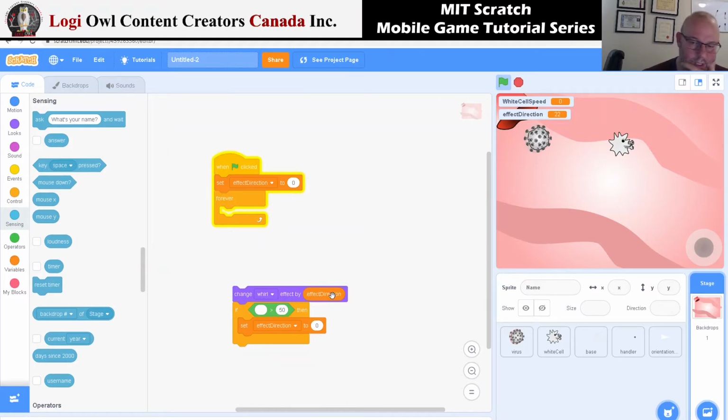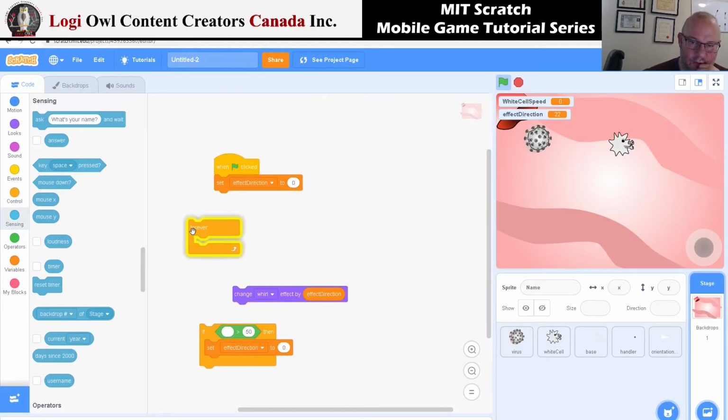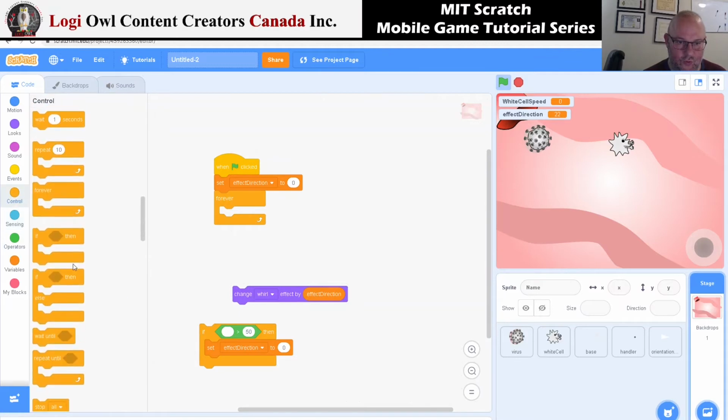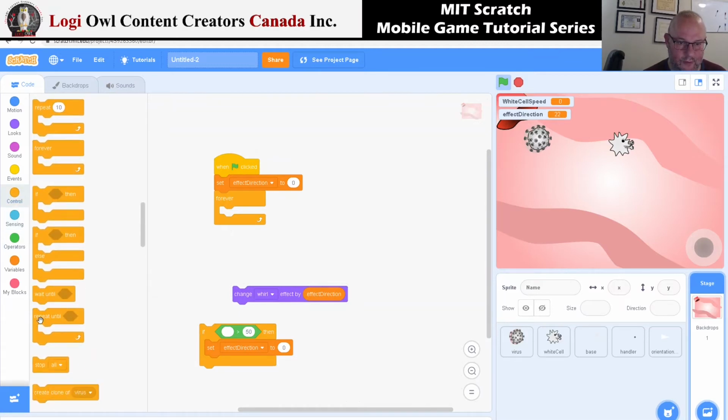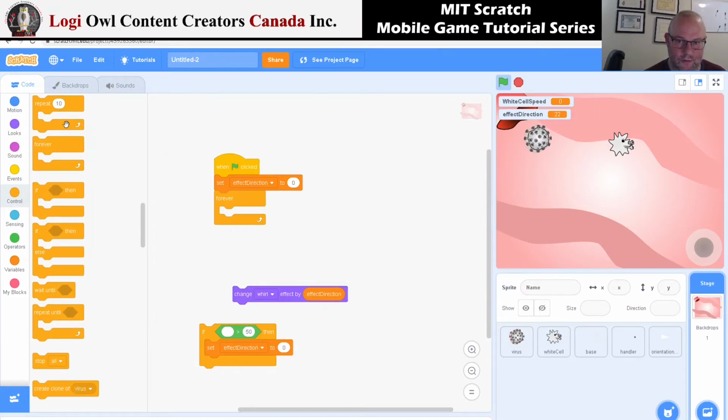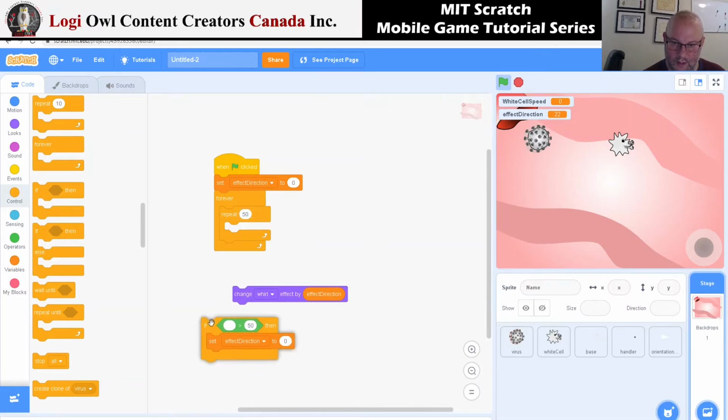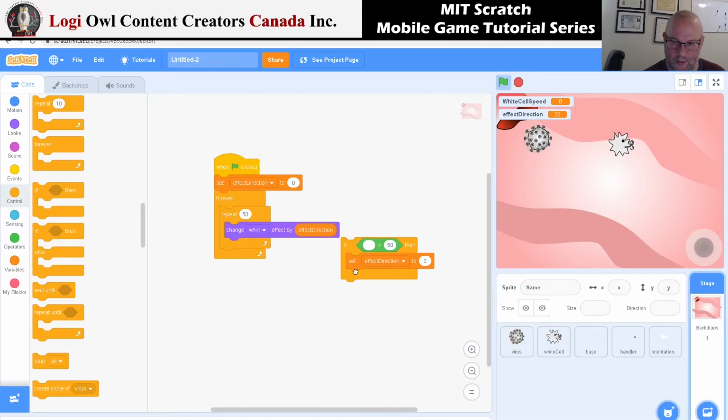So change by. I think I should repeat it for specific times and then go back. Okay, so instead of forever, I'll say here repeat. I can skip the forever, and I can say here control repeat for specific times, repeat like 50, and then repeat 50 changing, then set